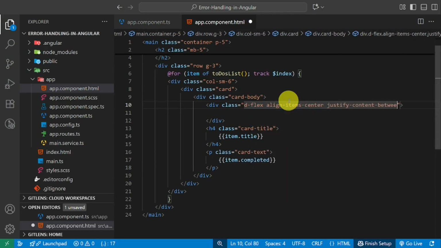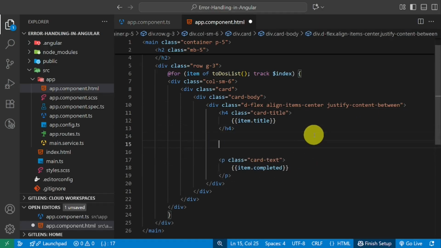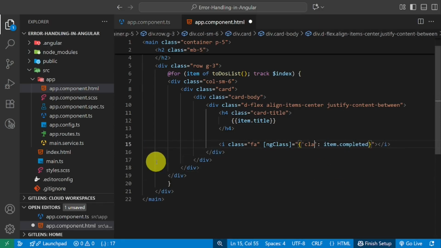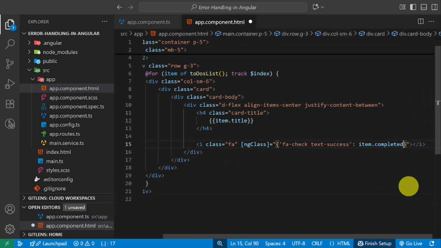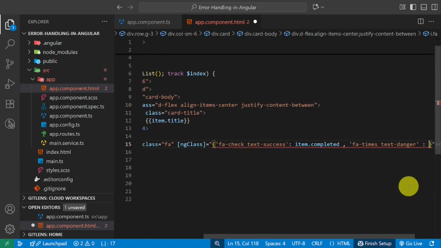But after that, I change my mind and I use a Font Awesome icon to display a proper icon based on the completed property that's Boolean. And I use ngClass for conditional rendering of the class of the icon. Fantastic.